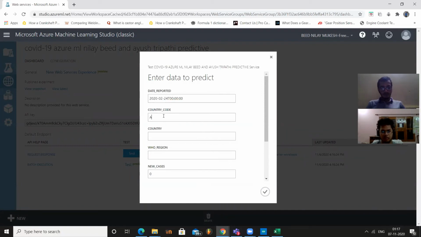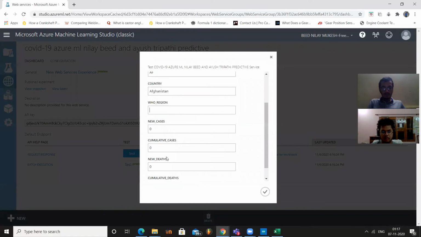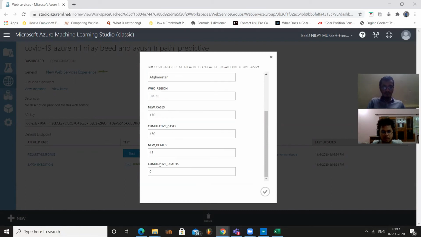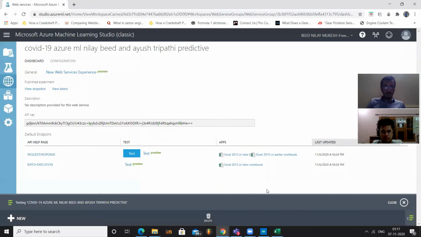So here I am just testing my model by giving some random inputs. Once I give these values, here I'll get the accuracy and the predicted value as well for new cases.